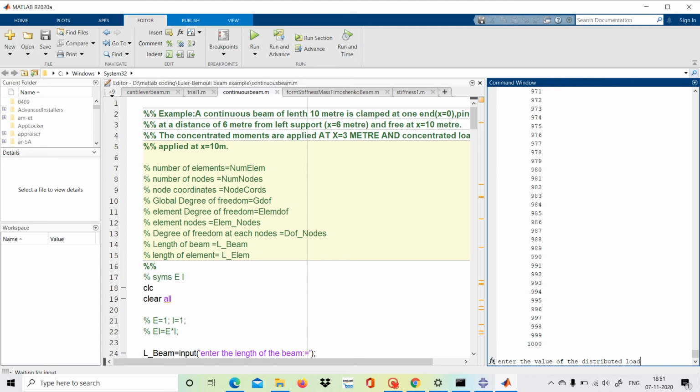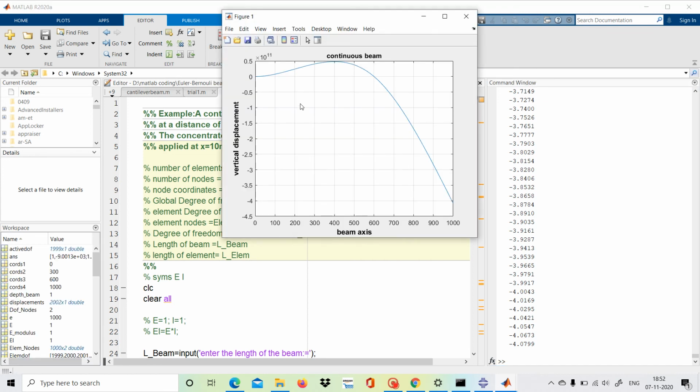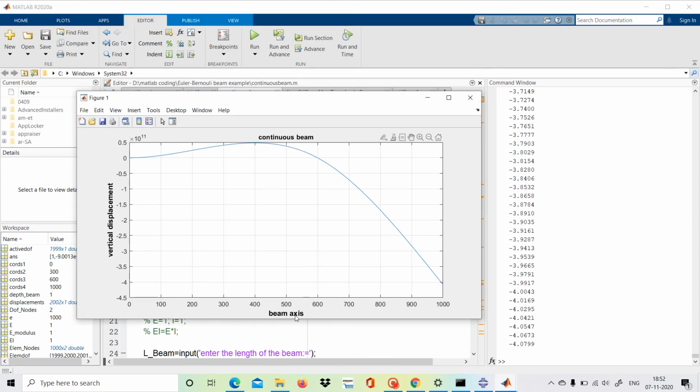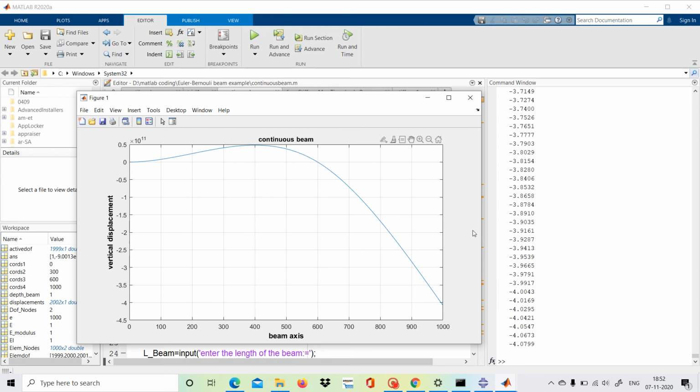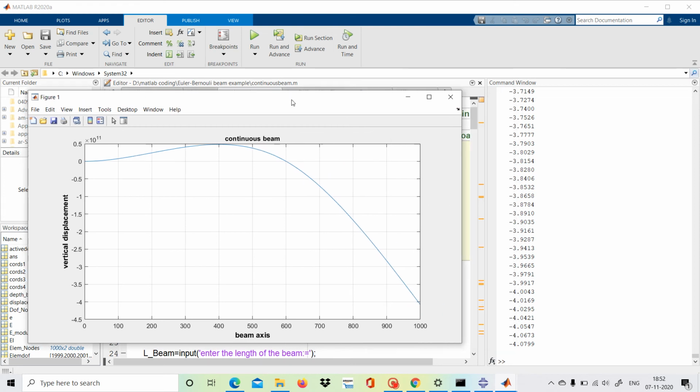The distributed load was not acting there, so that was 0. Yes, here we can see this is the MATLAB coding, and we are getting the results from here for the displacements.